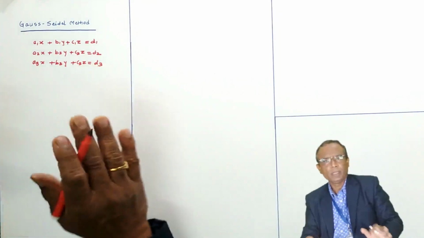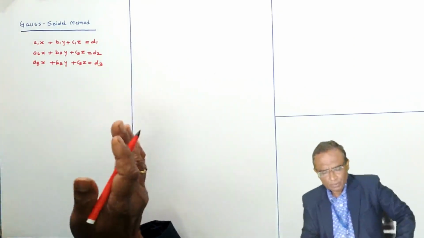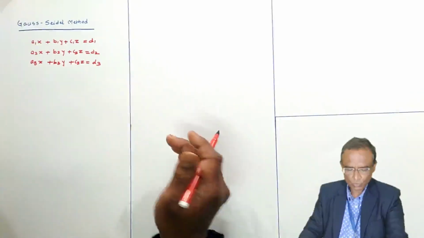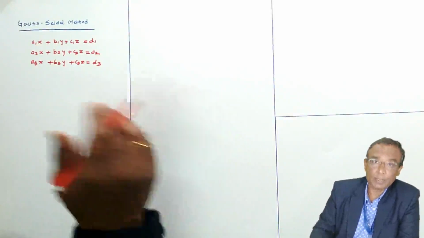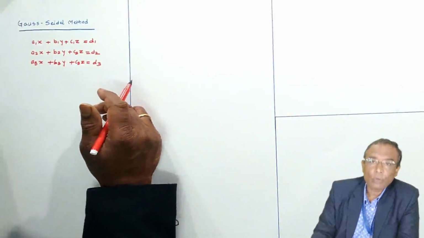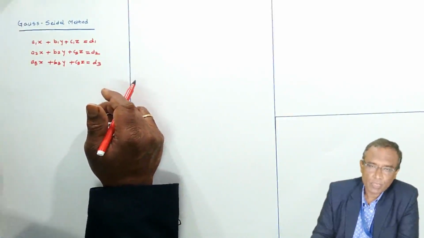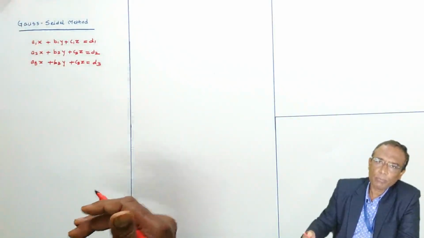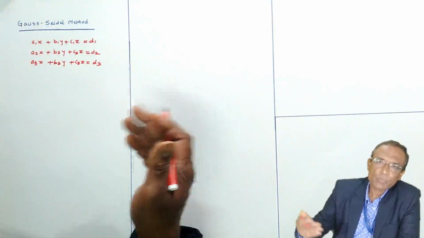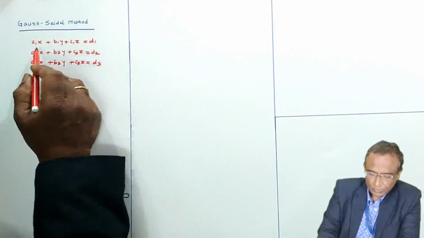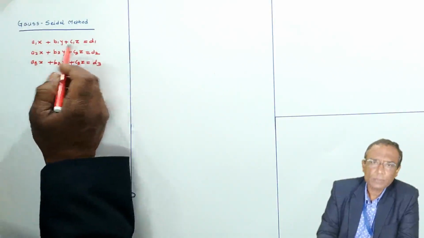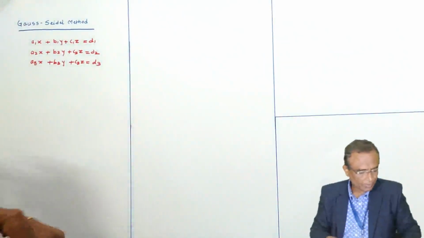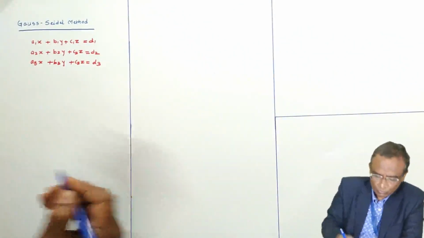With this system containing three equations and three unknowns, you may take 4, 5, 6, 7 equations and thousands of equations. But in particular, I will tell you how to solve the Gauss-Seidel method when three equations are given, and the same algorithm can be used to solve problems containing 4 equations, 5 equations and so on. Here x, y, z are unknowns. Instead of x, y, z, you may be given x1, x2, x3. Now, step by step, I will tell you what we are going to do.